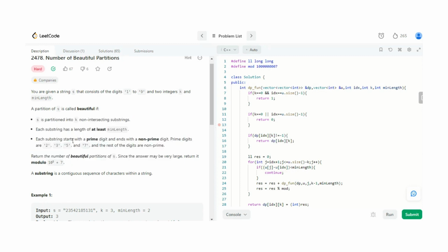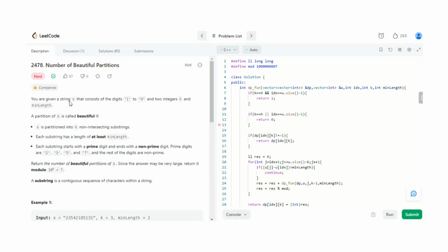The first condition is that s is partitioned into k non-intersecting substrings, as I have mentioned. Second, each substring has a length of at least min length. They have given the min length, and when we do partition, whatever string we get must be of at least min length. If it is less than that min length, then it is not a valid substring.